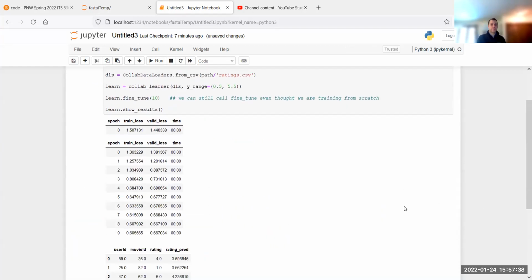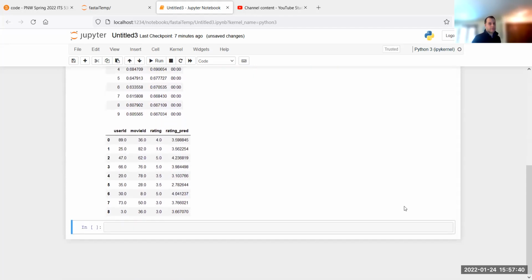And there it goes. It's going pretty fast. It trained, and then after that, it gives us a user ID, a movie ID, right? The movie, and then the rating that is given to it, and the rating predicted. So you can see they seem to be consistent. This is a type of regression, not a classification problem. It's just predicting a value there. So it's predicting movie ratings on a scale, as you can see, from 0.5 to 5.